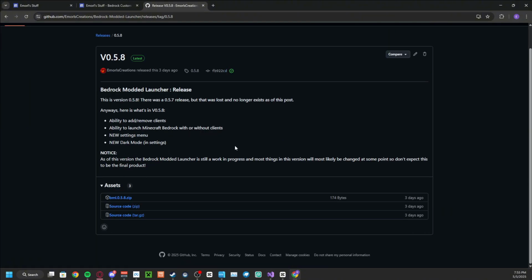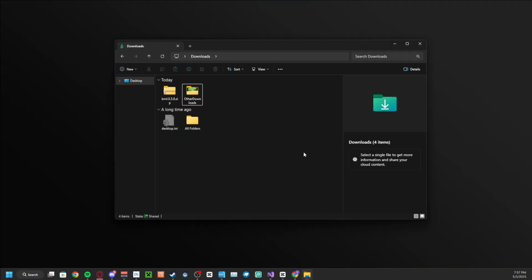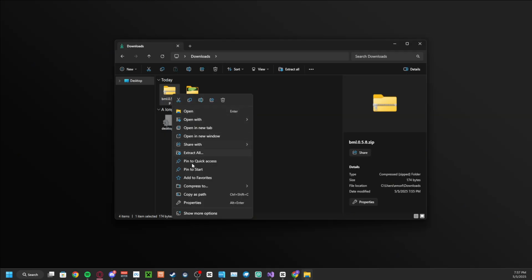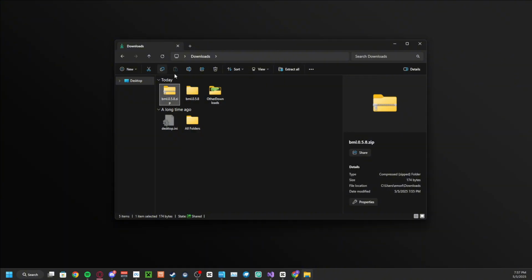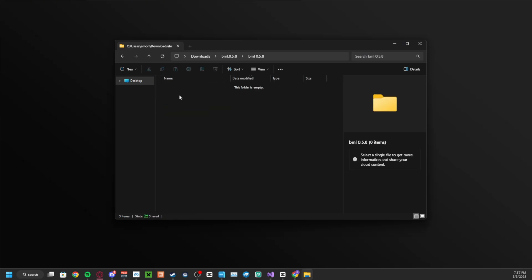All you have to do as of version 0.5.8 is download this zip folder. So you're going to download the BML zip. Once you download it, it should be in your downloads folder. You'll just right click it and click extract all. It should pop up with this thing, and you're just going to hit extract. It should extract the folder. You're going to open the folder. You're going to go to BML